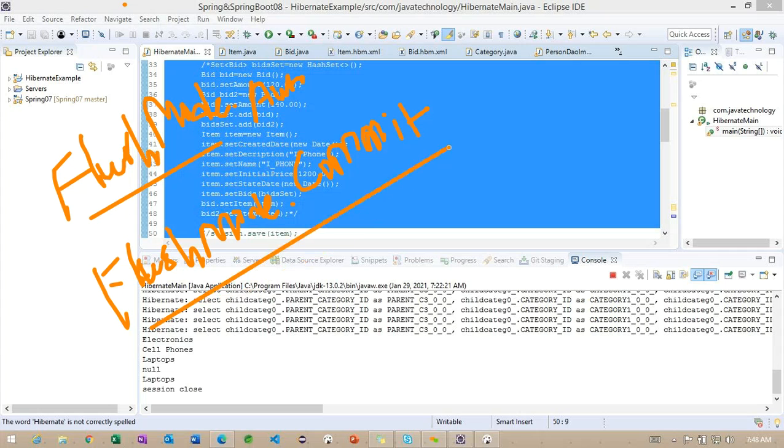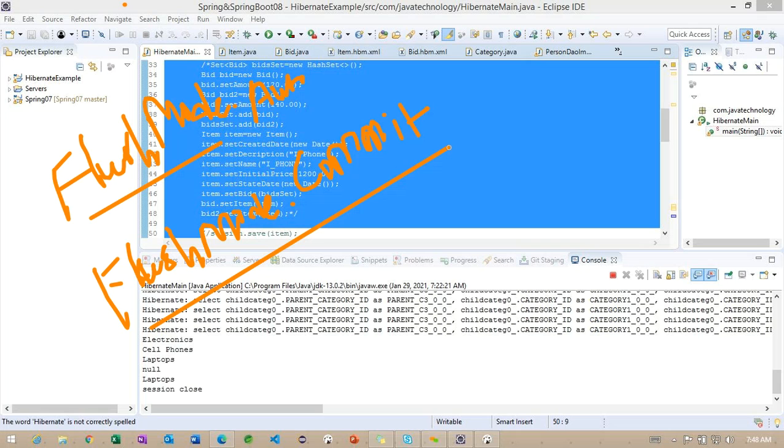Basically, when we use this, before executing any query, the data will not commit. After executing the query only, the data is going to commit. In this case, we can work on flush mode dot commit.